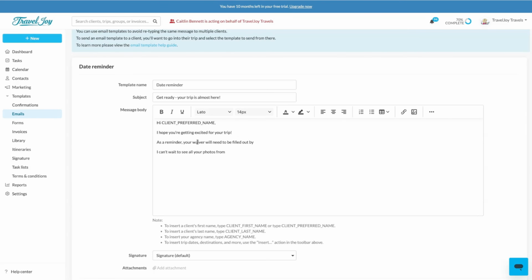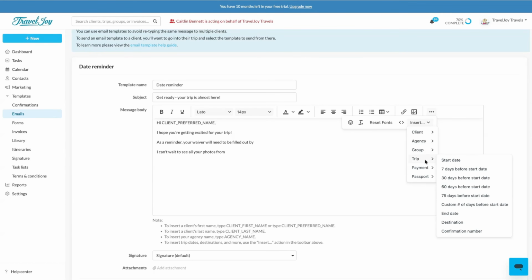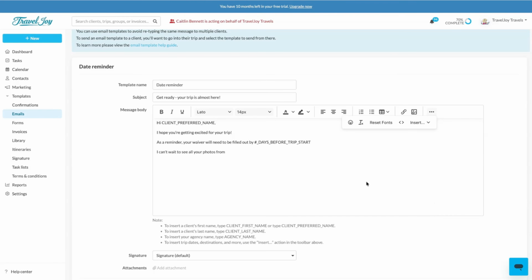For example, if I need to put in a date for a client's waiver to be signed for, say, an activity, I can go to this three-dot menu, insert, and review all of the different merge fields we have to offer. Now, the one that I'm looking for is going to be underneath trip, and you'll notice we have a lot of different date options here, but the one I'm going to be using is custom number of days before start date. This is because this waiver is required to be filled out 14 days ahead of time, so if I use this option, it's going to insert that merge field,